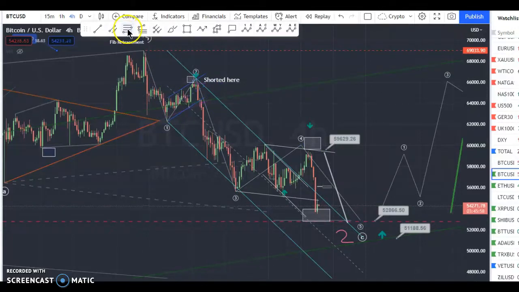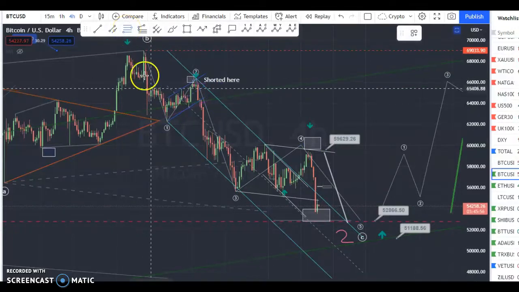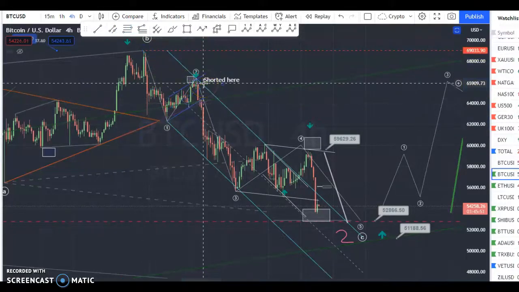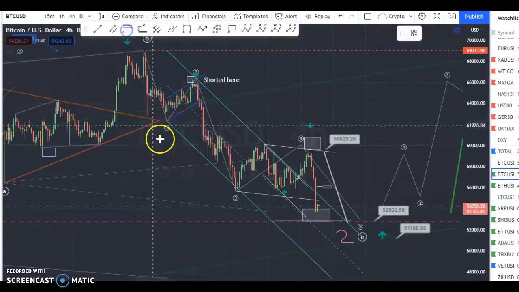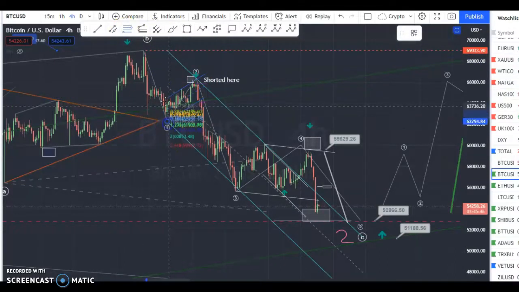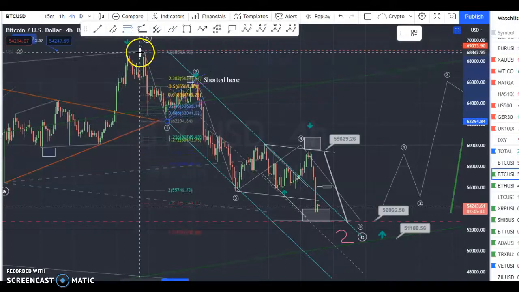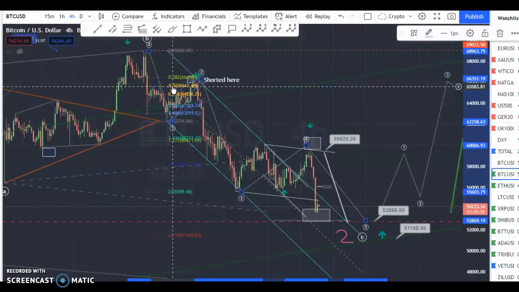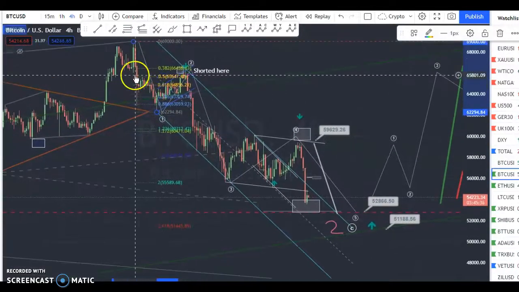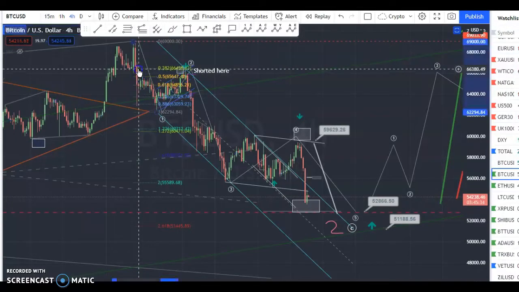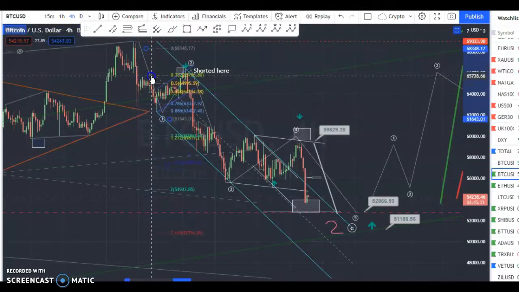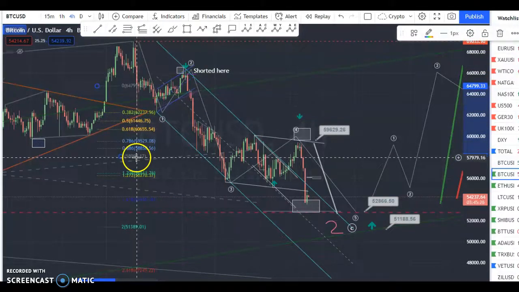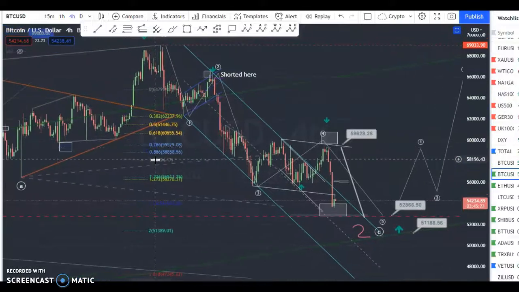So how do I do that? I take my normal Fibonacci retracement. Instead of doing my normal from there to there, where I start and finish and measure it, you have to do the inverse, which means the opposite. So I have to go from the bottom to the top, basically where wave 1 is starting. I'm going to take this Fibonacci tool that I just drew. What I am saying is from 0 to 1, that's the length of wave 1. So I'm going to take it and drag it to